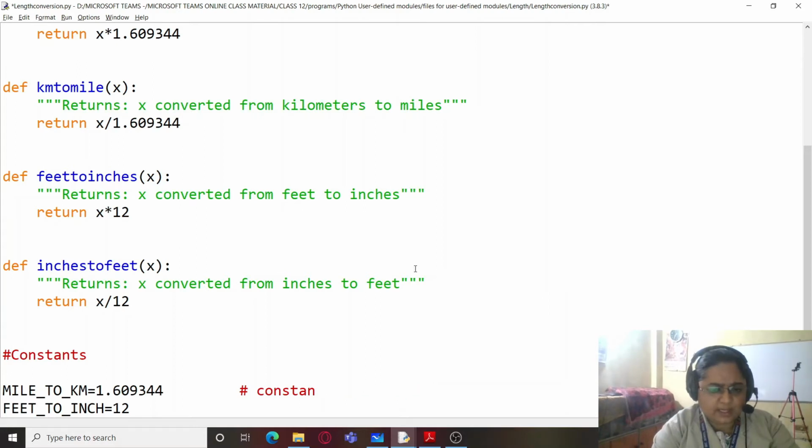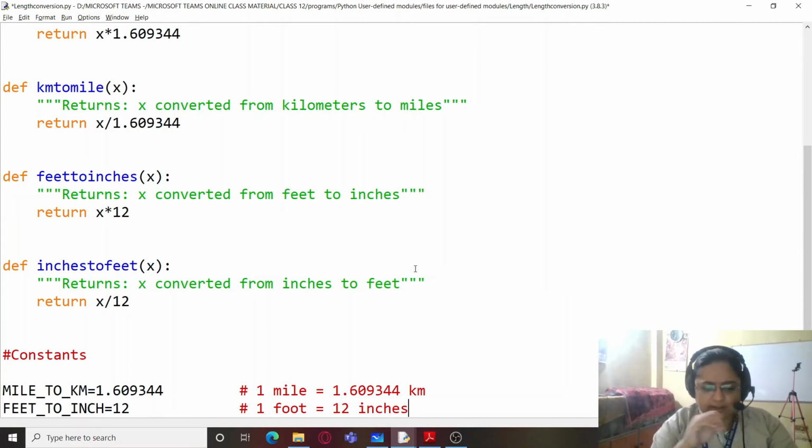Sorry, I'll be simply writing it like this: 1 mile equals 1.609344 kilometers, and here also I'll be naming it as 1 foot equals 12 inches.